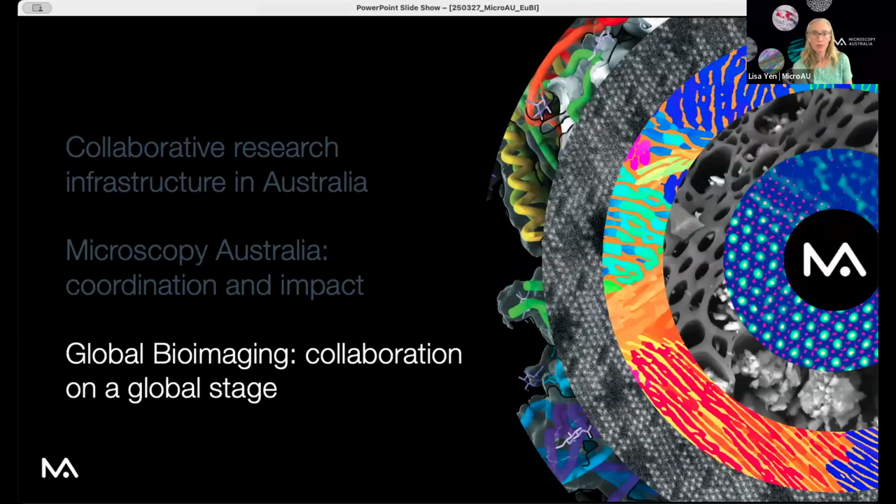So moving on to Global Bioimaging, trying to think about how Microscopy Australia is now connected through Global Bioimaging and the opportunities and the initiatives that they have done. I've been incredibly fortunate over the last few years to have been involved in a leadership role within that Global Bioimaging management board, which again, Global Bioimaging is a consortium that brings together regional and national networks in bioimaging, really for that collaboration and sharing of knowledge.